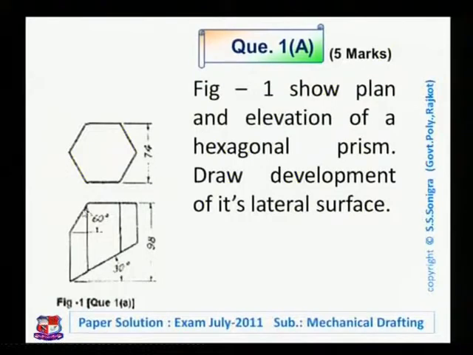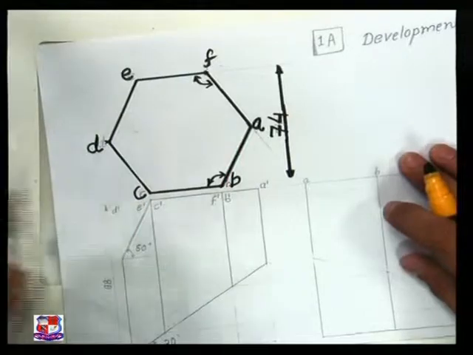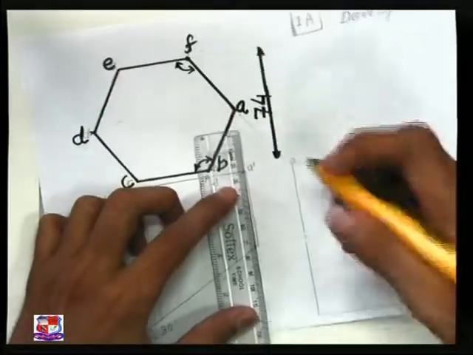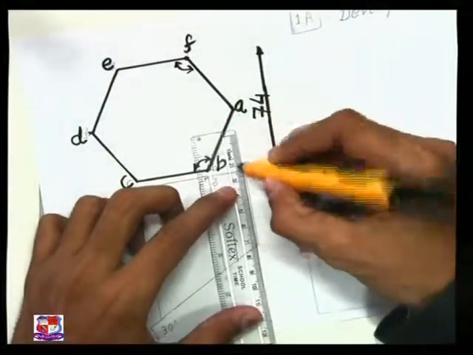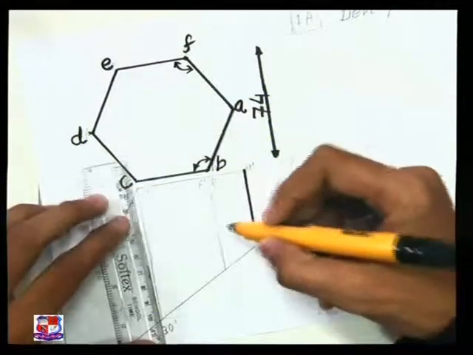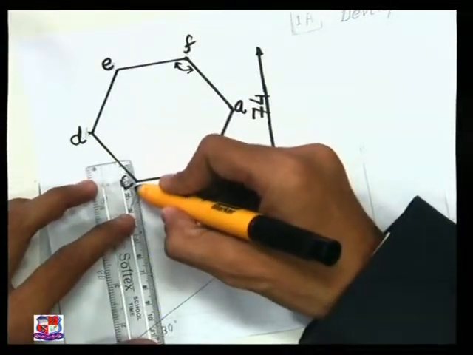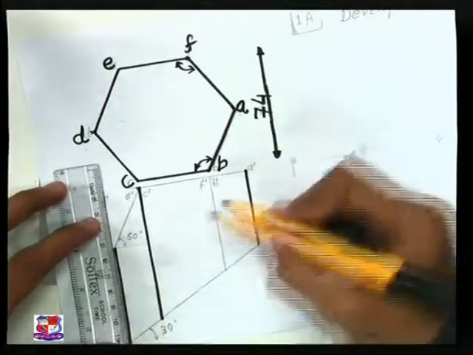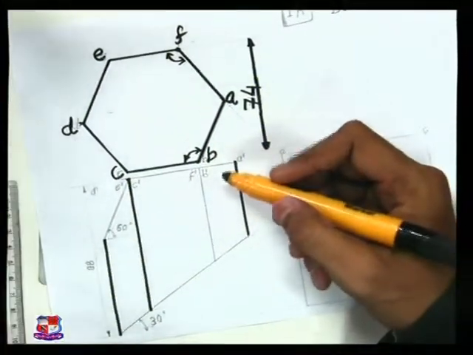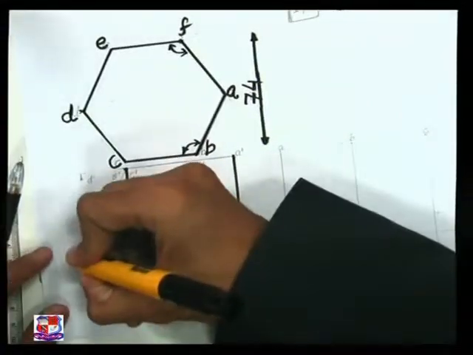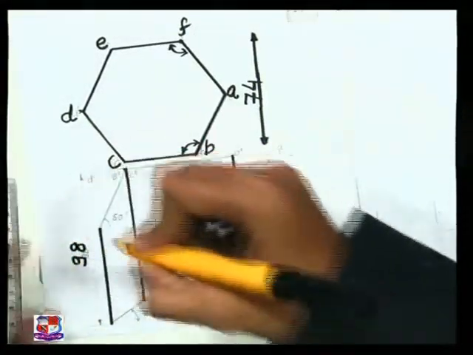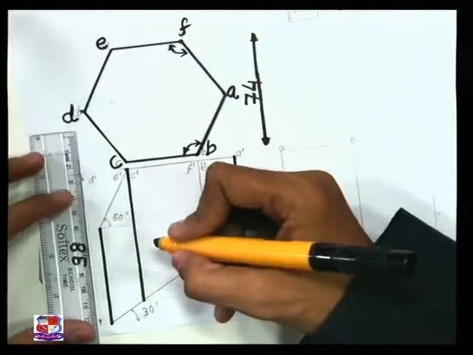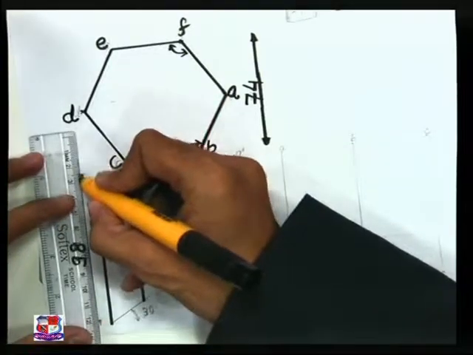So this is the front view which is given in the data. Height 74 mm which is given in the data. This we have drawn. Now draw its top view, its front view, by taking projections from endpoints A, from C and from D. The distances are given to us. Total height is given as 98 mm. This height is 98 mm that we have to draw like this by showing these arrows.